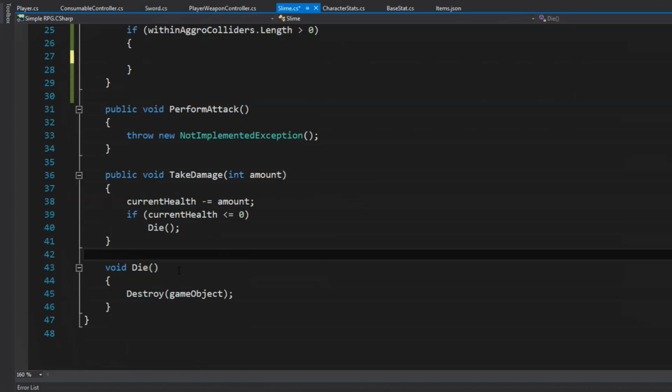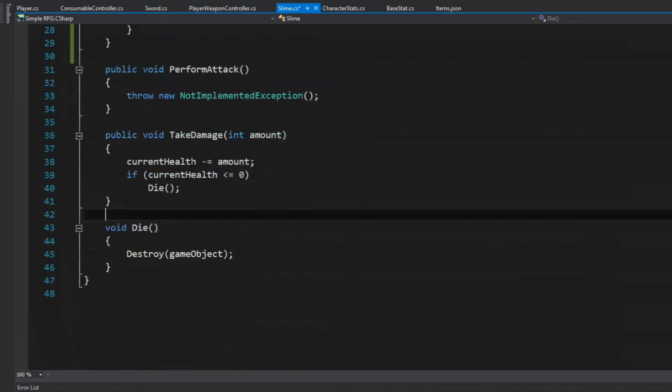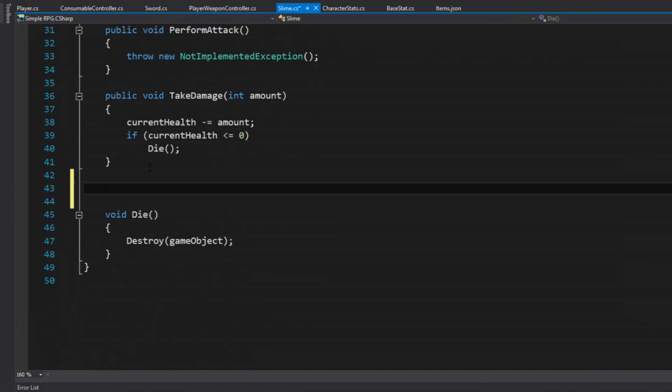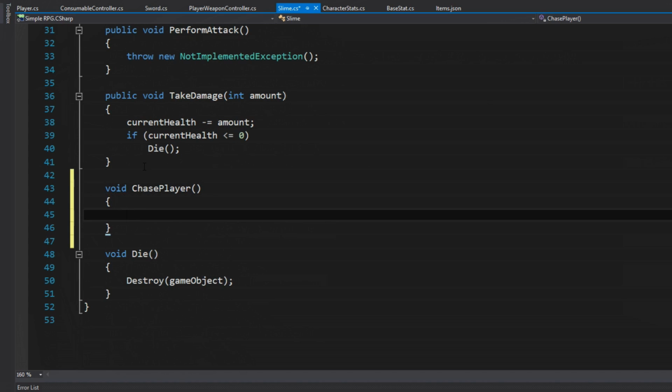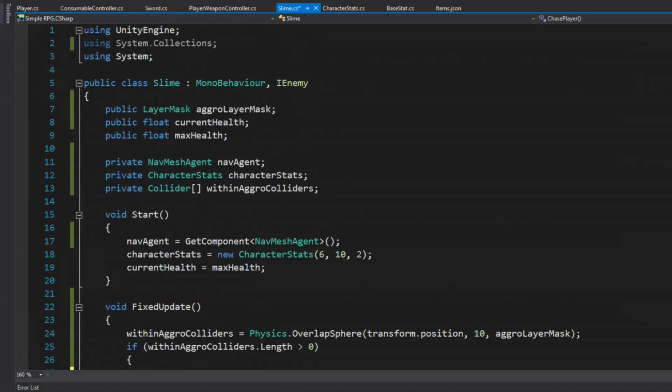So I come down here, I have a bunch of stuff. Let's go just right here. I'm going to do a void chase player, just like that. So we're going to chase after the player. And within this, we want to do a couple of things. The first thing I want to do is I'm going to have